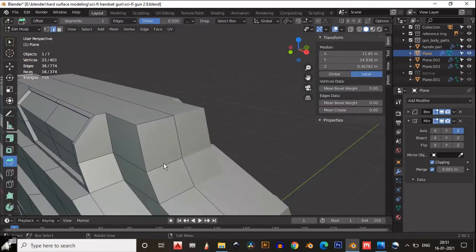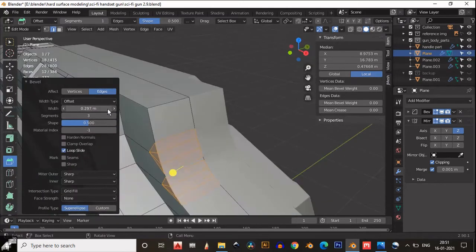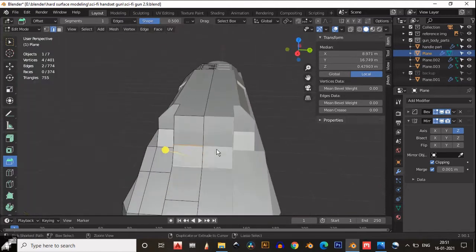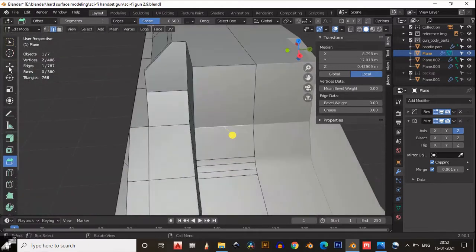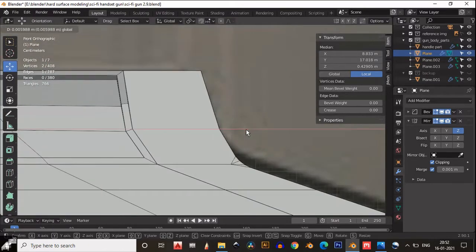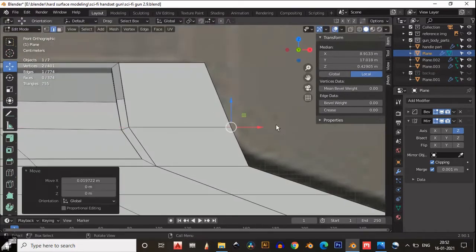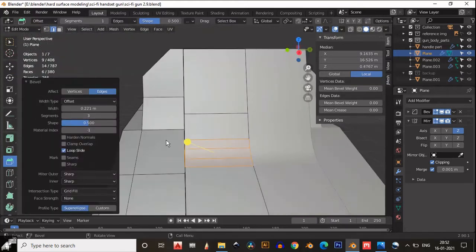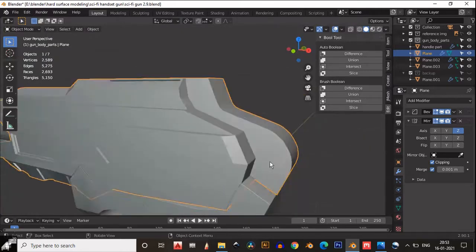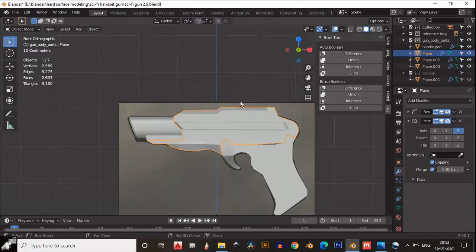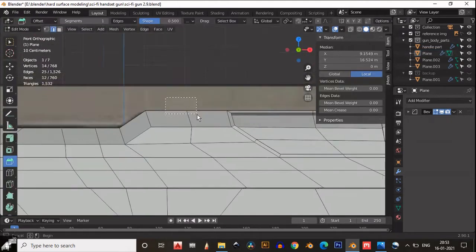And make sure you think about the poly count also, because when we add more bevels, it increases the poly count and vertices. So that's why you need to add the bevels wherever it's necessary. And try to get better shading and a good shape for your model. Okay, then apply the mirror modifier, and now we are going to use the boolean operation.